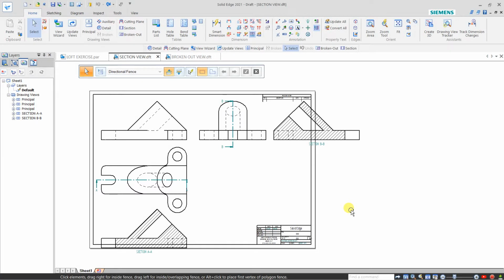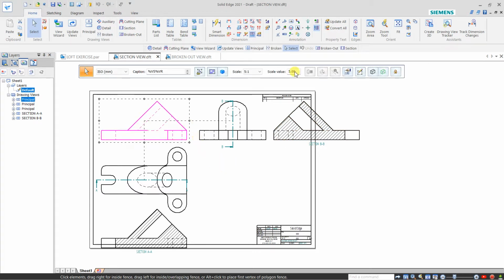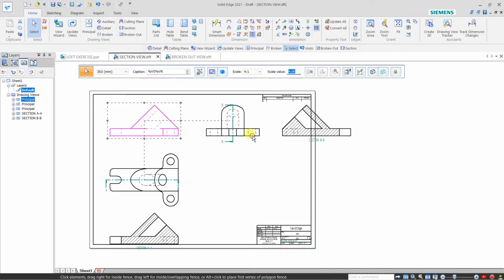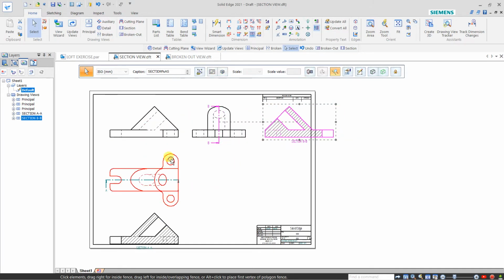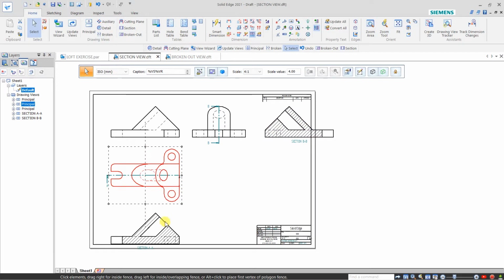Hello friends, in this lecture we will see how to mention the dimension over the part. My views are a little bit bigger, so click over any view, and here I am changing this scale to 4:1. Just enter the value, and the view will automatically adjust. So now the views are,